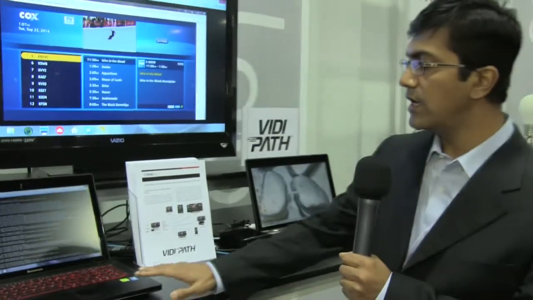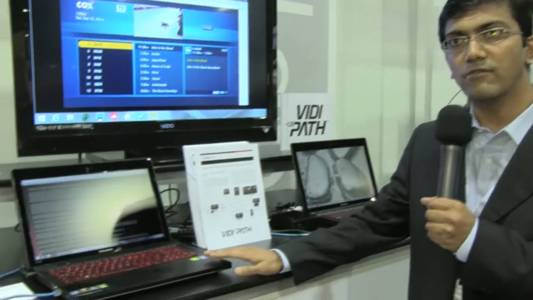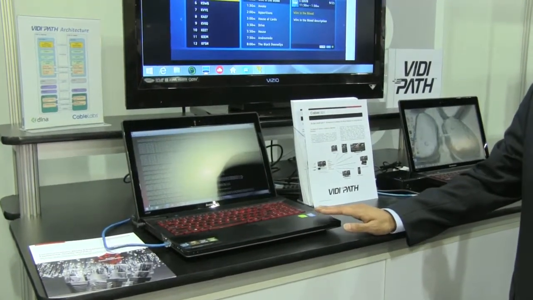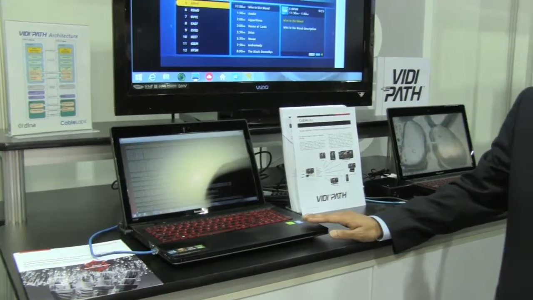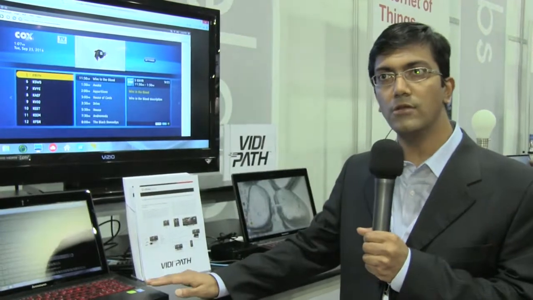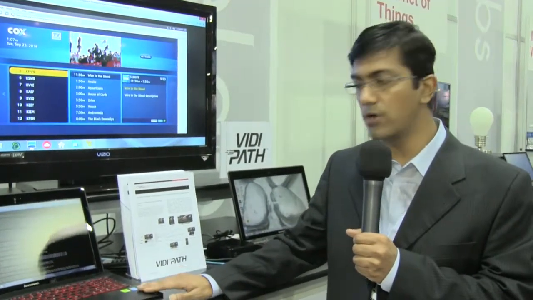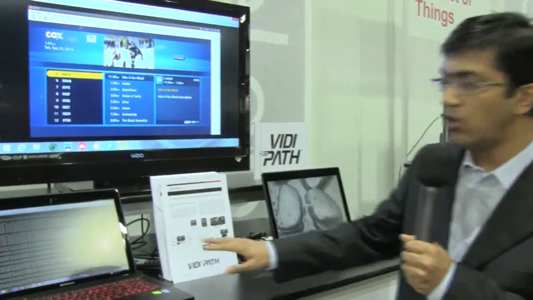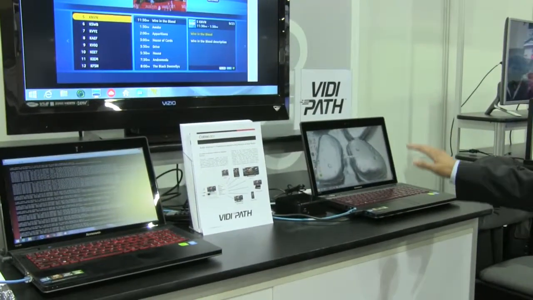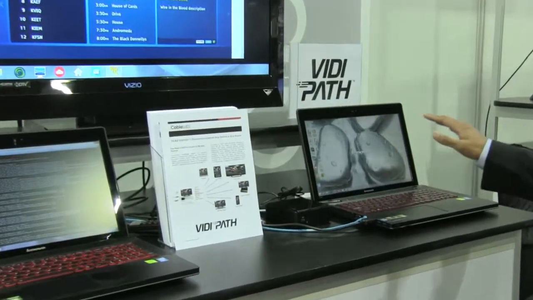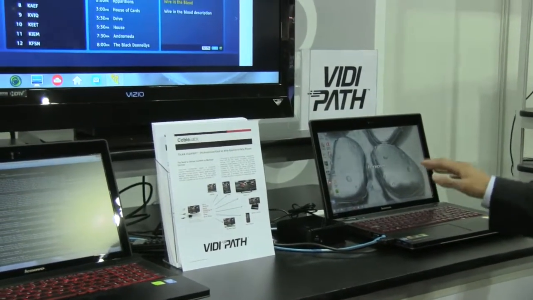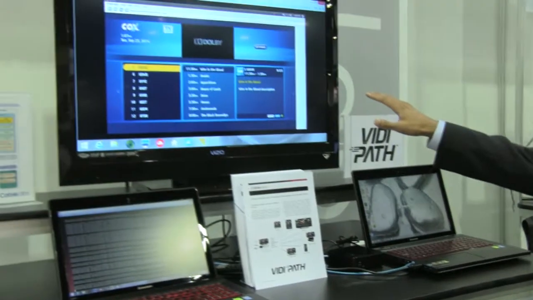So I have here a laptop that is running a VDPath server that is developed by Cable Labs. It's an open source implementation, and being worked on as a full DLNA VDPath compliant server. It is streaming content over the Ethernet to a client device, which is also a VDPath client that is developed by AVOX, and that is running on a PC, which is connected to this television.